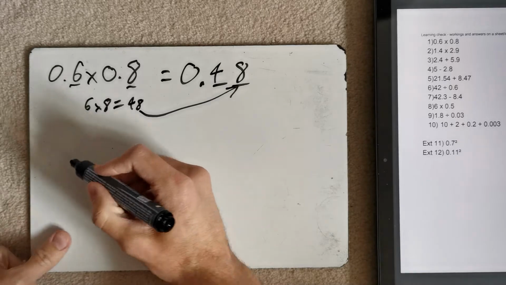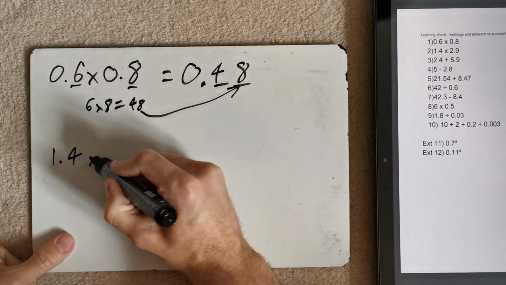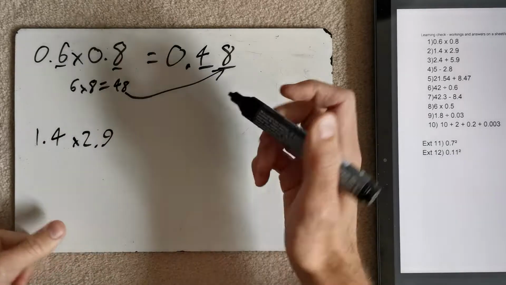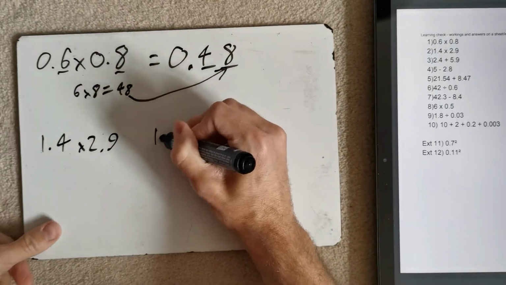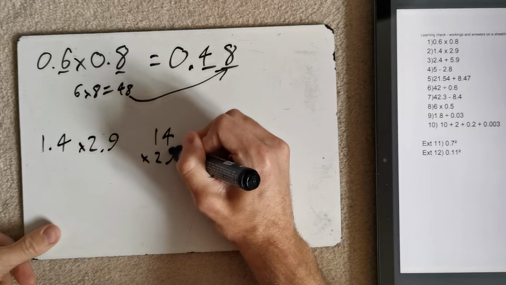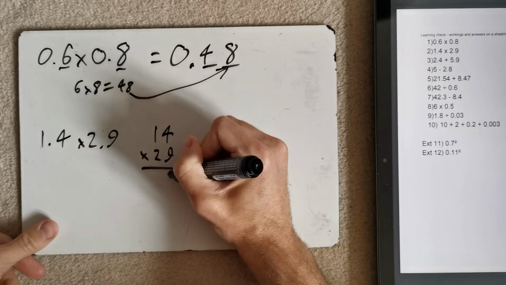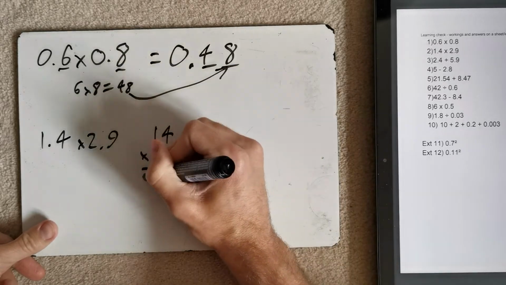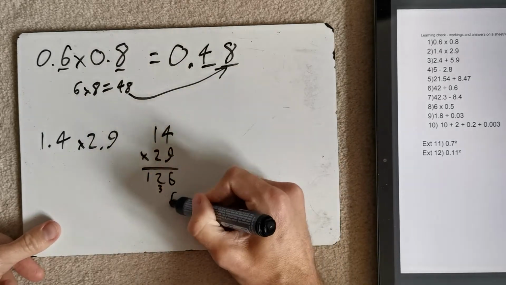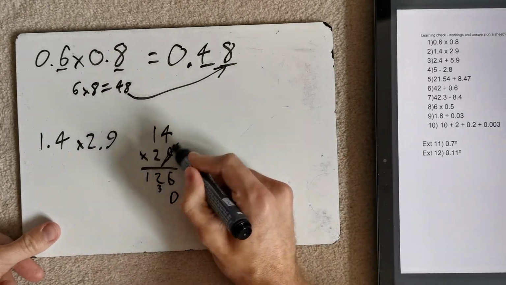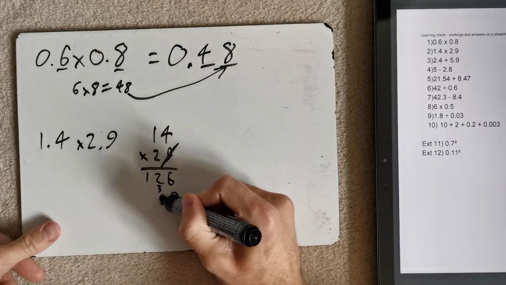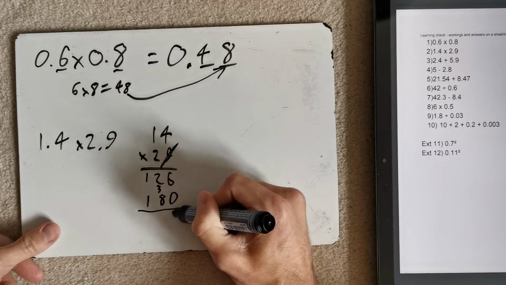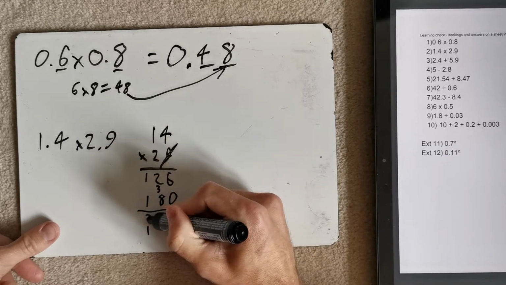All done. Okay, next one, 1.4 times 2.9. I'm going to do this the column way. So 14 times 29 to start with. 4 times 9 is 36. 1 times 9 is, of course, 9. Add the 3, we get 12. Plonking the 0 before we do anything else, because we're done with that. 4 times 2 and 1 times 2. Add them together. We're going to get